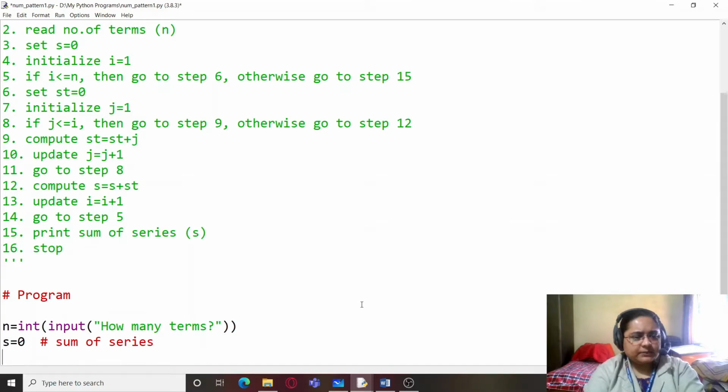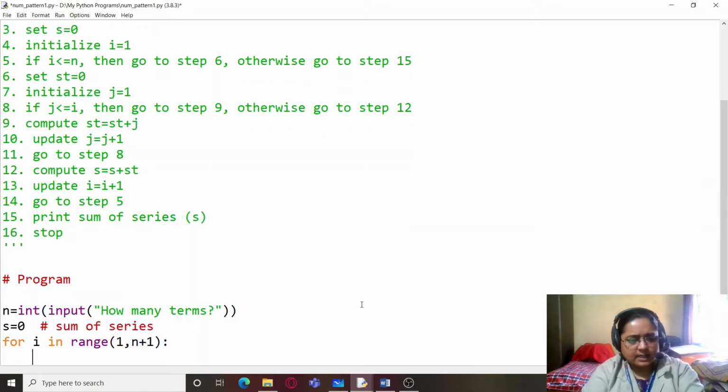Then step number 4, initialize I, then step number 5, and steps 9, 10 and 11 will be crunched into one single statement, that is for I in range. Because we are starting from 1 and we have to end at n, we will write n plus 1, and our skip value is already 1.